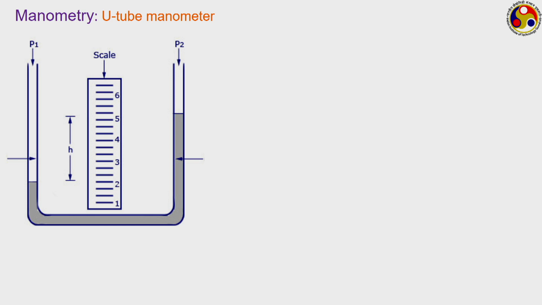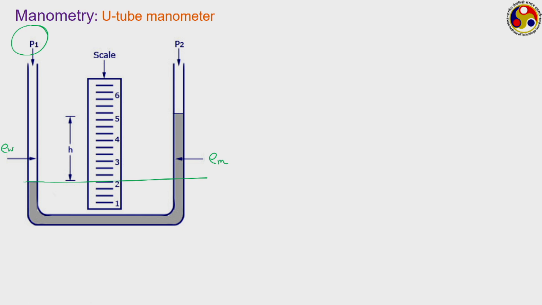The scale can be calibrated like this. Height h can be directly calibrated in terms of any unit of pressure, bar or psi or mercury column, whatever we want, and accordingly we can get a pressure measurement. So, if we take this as the level along which we want to measure, and do a force balance, let us say rho w is the density of the working fluid which is connected to this pressure P1, and rho m is the density of the